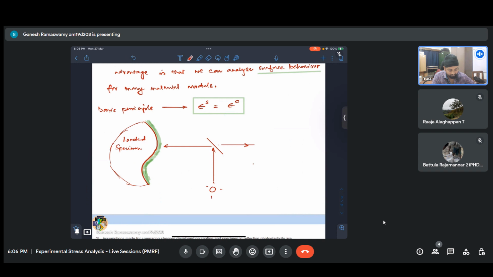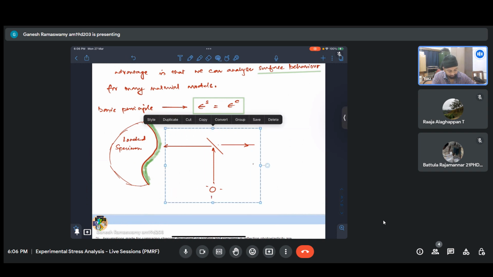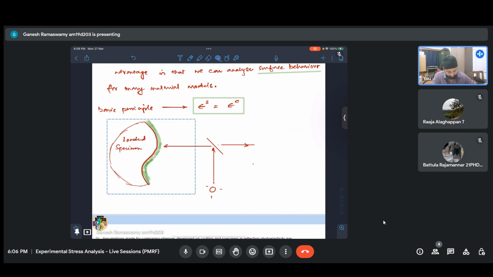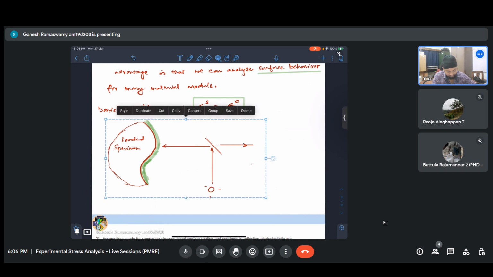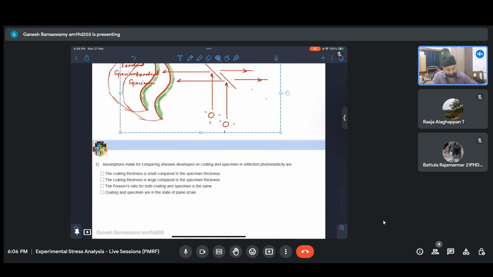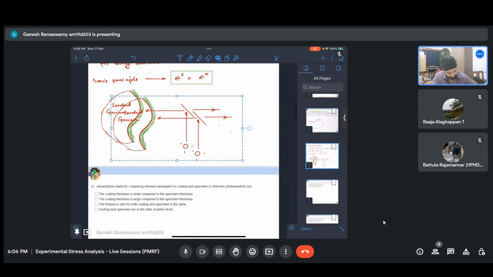We can see those fringes by having this kind of optical arrangement, but this is very bulky and not always possible. So a variant of this is that we have somewhat of an oblique incidence. Let me just